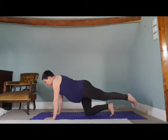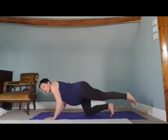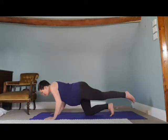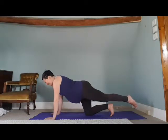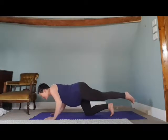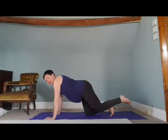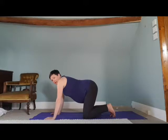And we only want to move as far as we can with the spine nice and long and straight. So that might not be a big movement today or ever, and that's fine, as long as you can feel some strength in the arms as you work. Great, and then knees back to the ground,